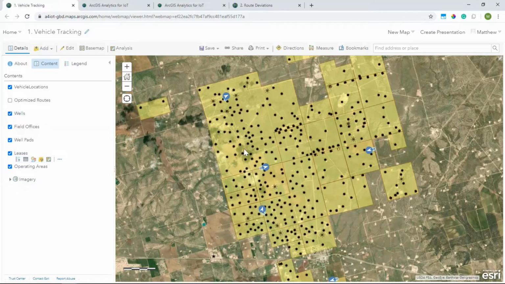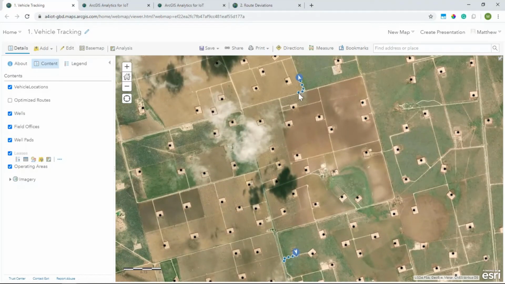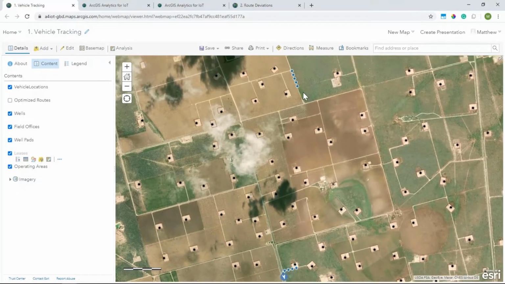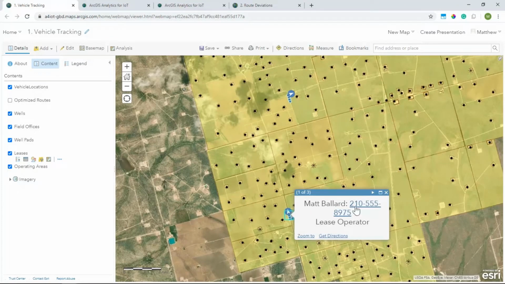I've also configured the symbology for my vehicles here to show both where vehicles have been, showing a historical trail of their locations, as well as where they're going by orienting these arrows in the direction of the bearing of that vehicle based off of an attribute we're pulling from the AVL system. And then finally, if I click on any of these vehicles, I can see who it is, quickly contact them by clicking on their phone number, and see as well what their job title is. So feeds make all of this possible, and a map like this can be useful for your operations teams.